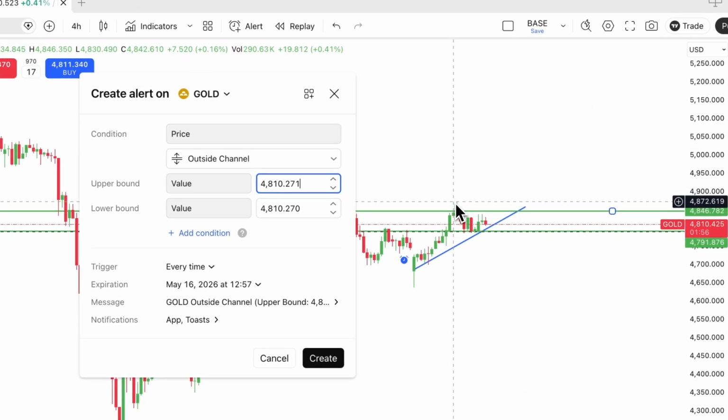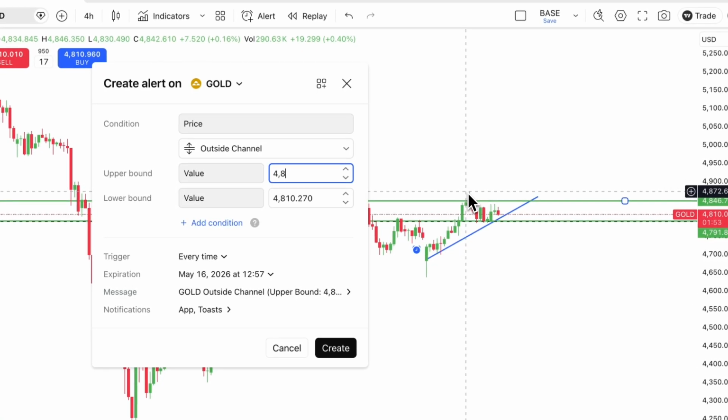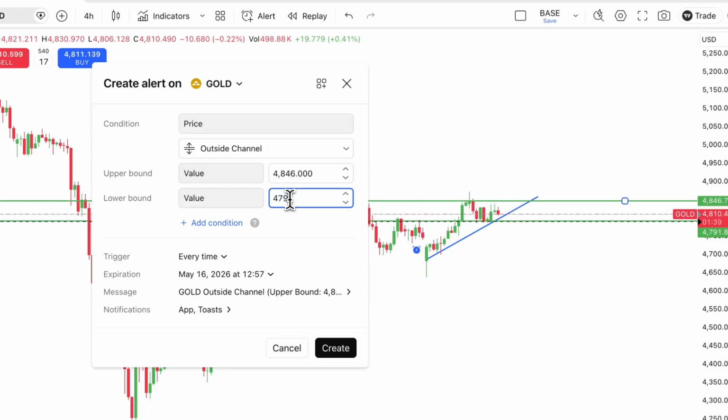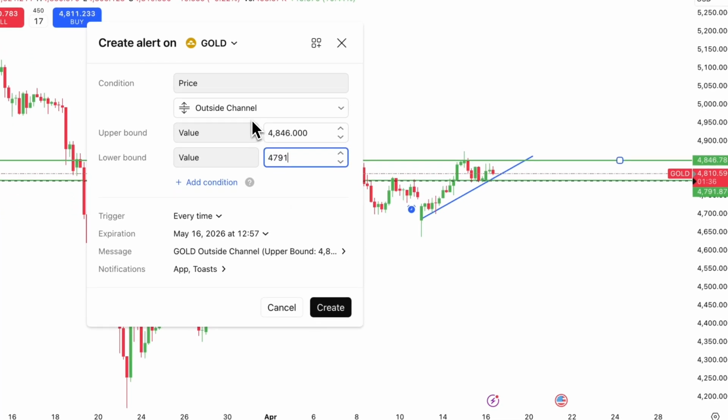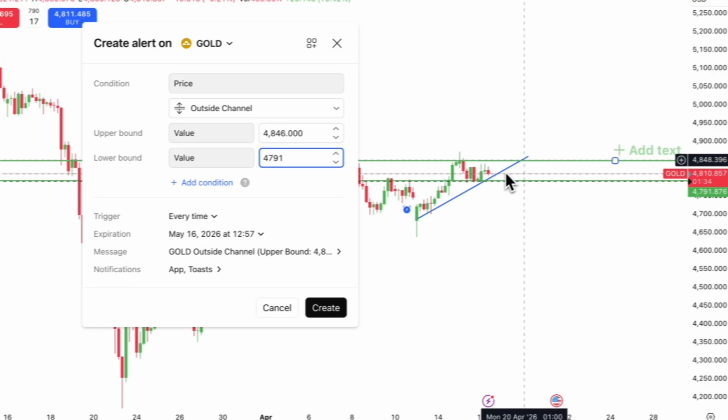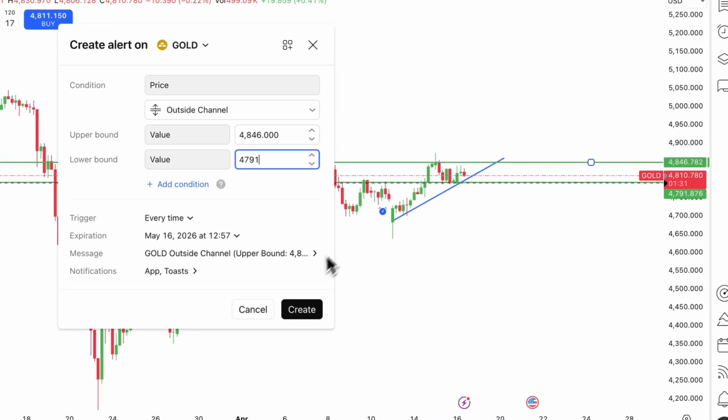And having placed those makes it much easier for us to enter in our values. That way you don't have to write them down on a sheet of paper or memorize them by heart. So let's say we're adding our upper bound, which is the resistance, and then the support level, which in this case would be 4,791. And then once the price action moves outside this channel, either in an upwards or a downwards moving fashion,